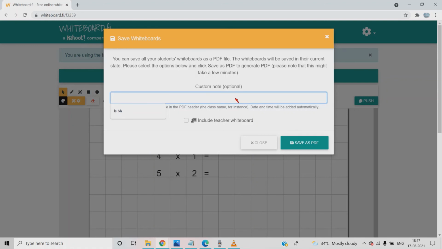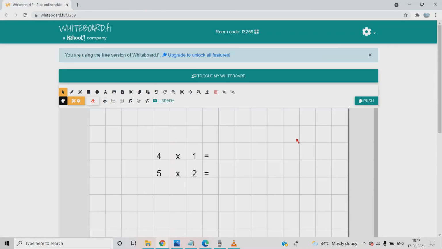Okay. Let me type like this. It is going to save as whiteboard. I will show you that, so you can see that the whiteboard is getting downloaded. Let me show that also to you.